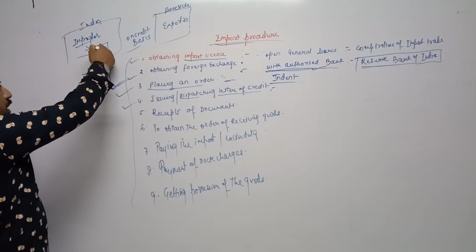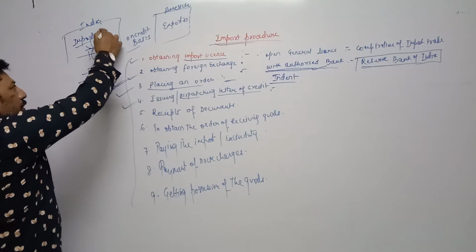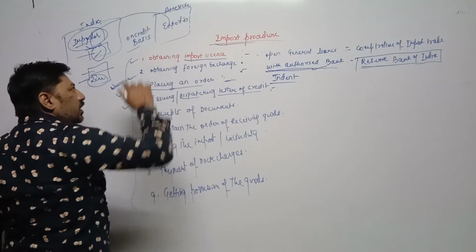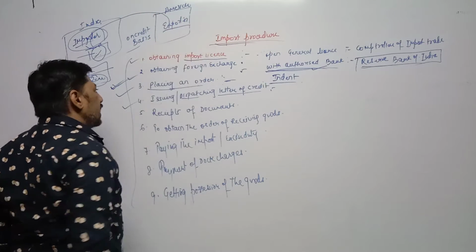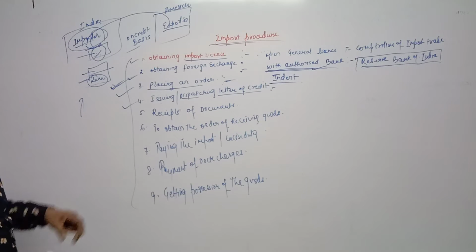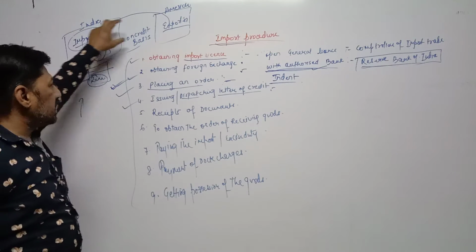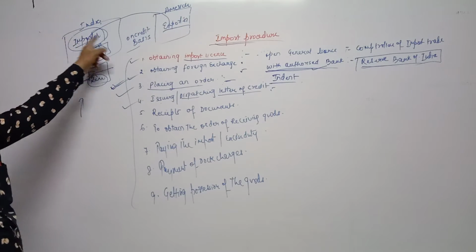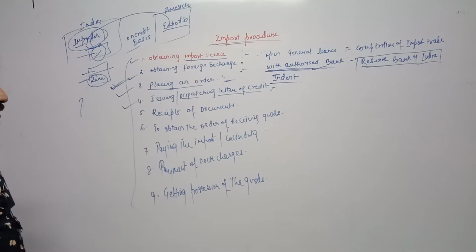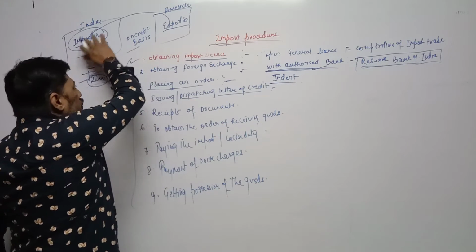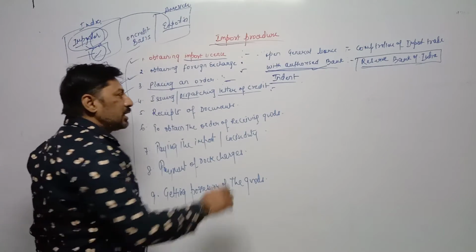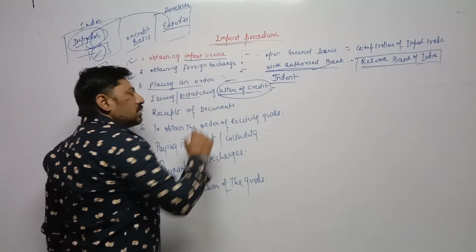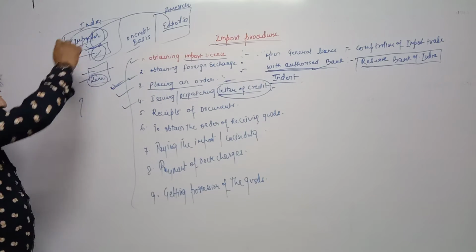So the bank of the importer will issue the letter of credit to the importer. Then the importer has to send that letter of credit to the bank of the exporter, and from that bank the exporter will get the letter of credit. On the basis of that letter of credit, if the importer has a sound financial position, then they are ready to sell goods on credit basis. So this is about when the importer wants to purchase on credit basis. In that case, they need to furnish a letter of credit which shows the financial position of the importer.